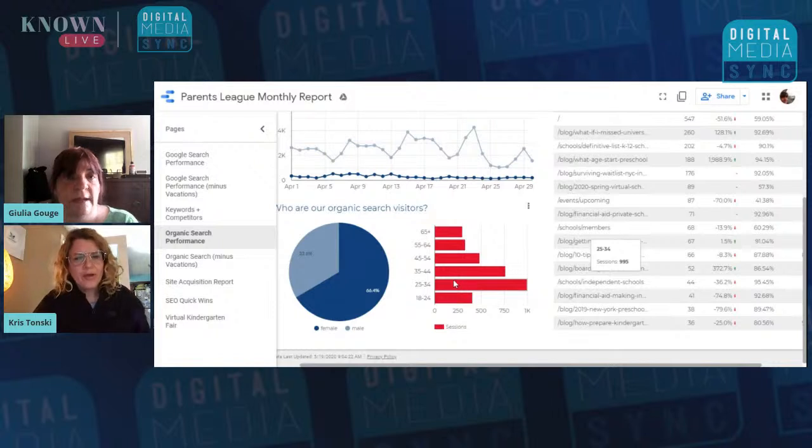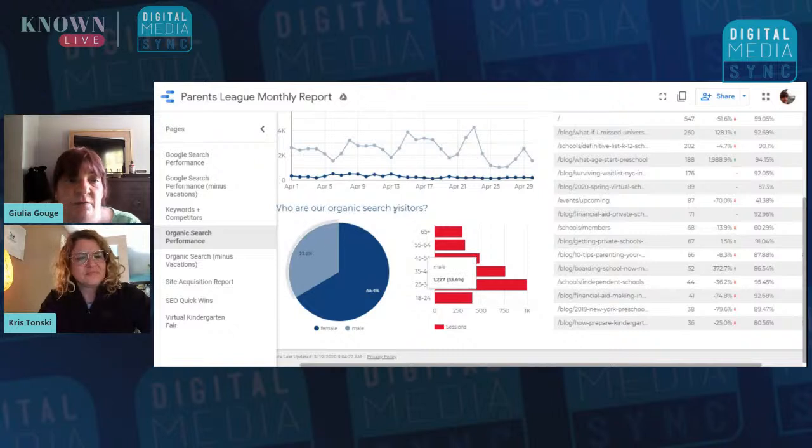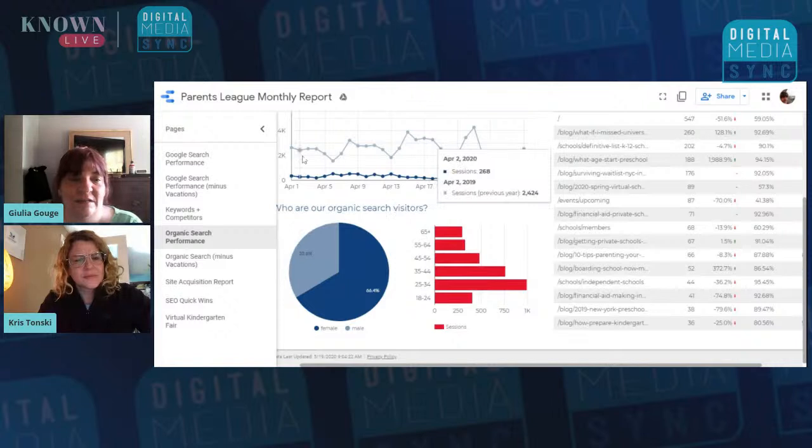Julia? Yeah. How does Google know the gender of the person viewing your page or site? Yeah, sometimes Google doesn't know what it is. So it's basically information that is provided or available.